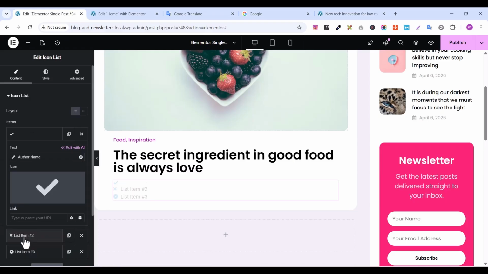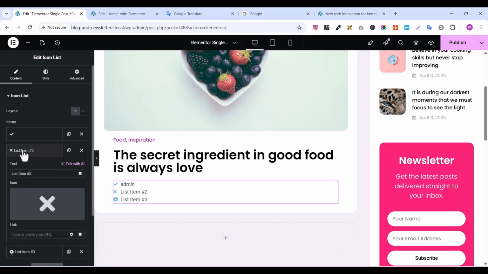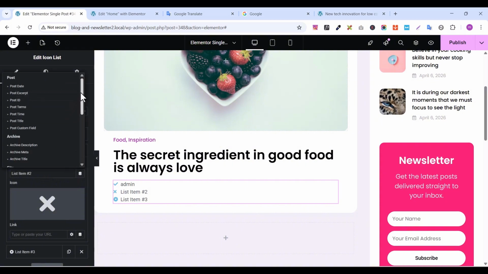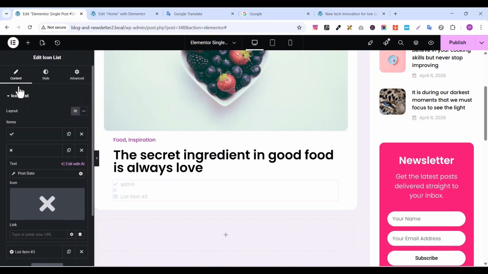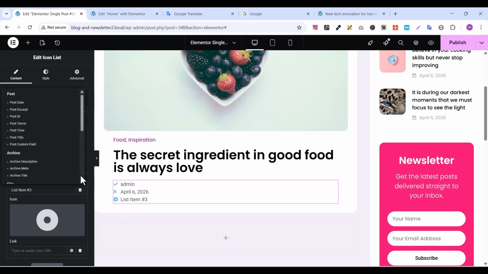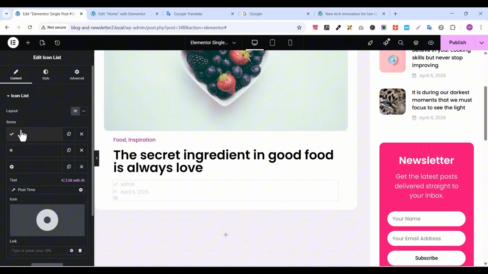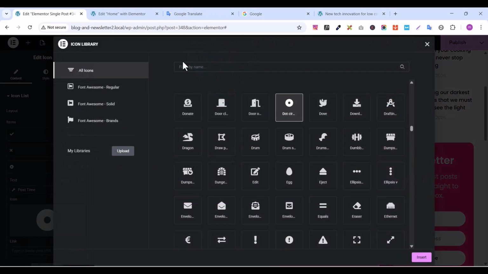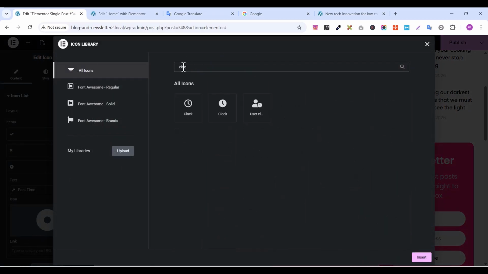Okay, so change it to author name, select author name. So after that, select the second one, select the dynamic tag and change it to post date. So select the third one, change the dynamic tag to post time, and after that you can change the icon, change this icon to clock icon,